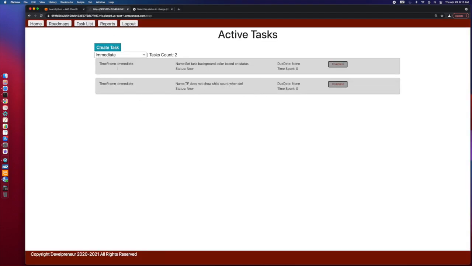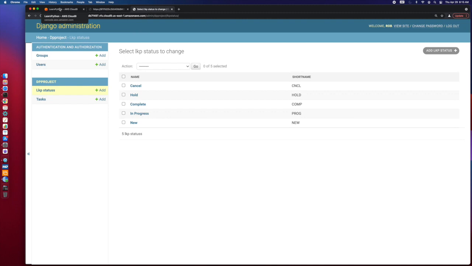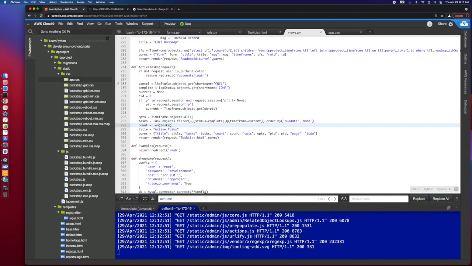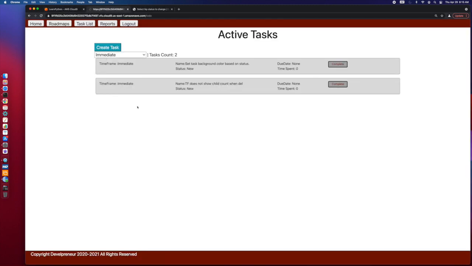We are getting near the end of our tasks, and this time we're going to focus on setting the background color based on status. Now, there's a couple things we need to look at, so let's start with